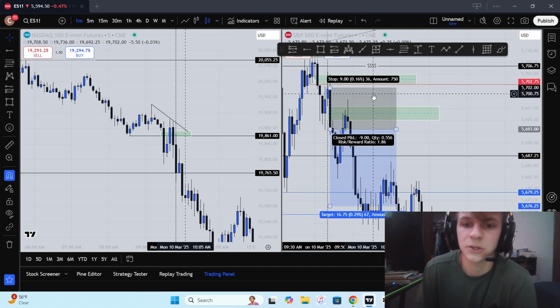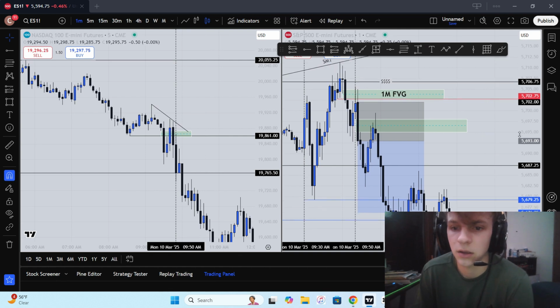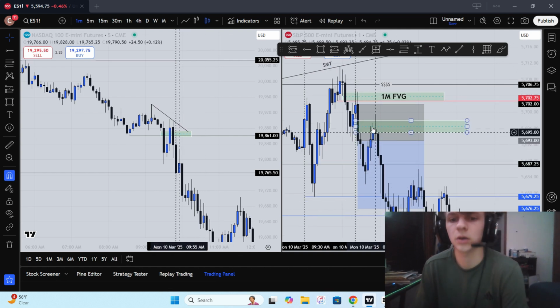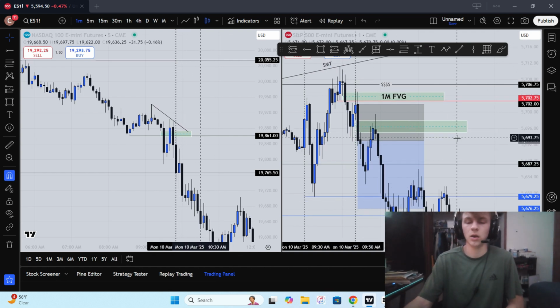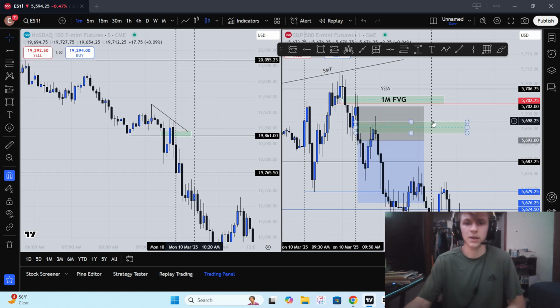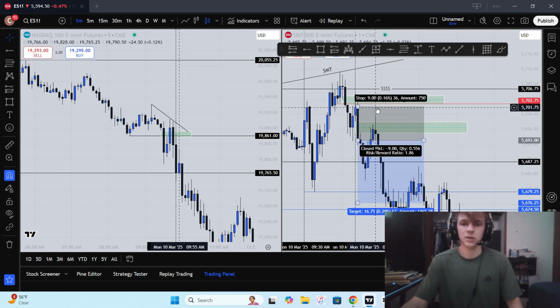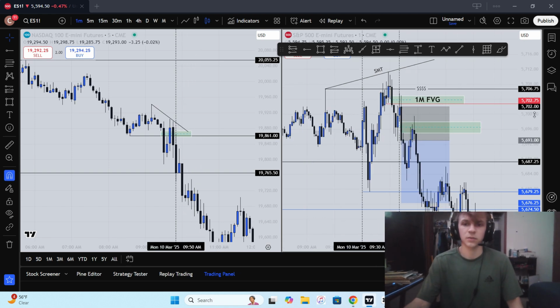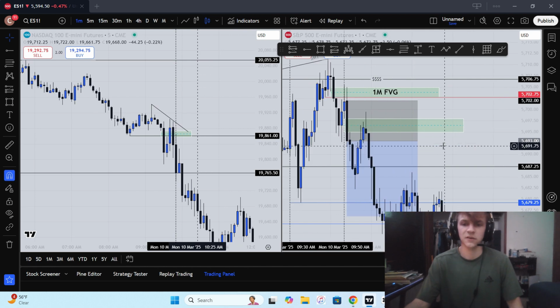So I entered there and put stops above the highs. On this retrace up, I was low-key panicking. Luckily for this fair value gap that we had, we created bearish confirmation out of it. Thankfully, it saved me